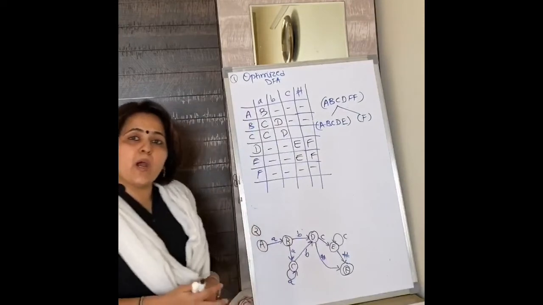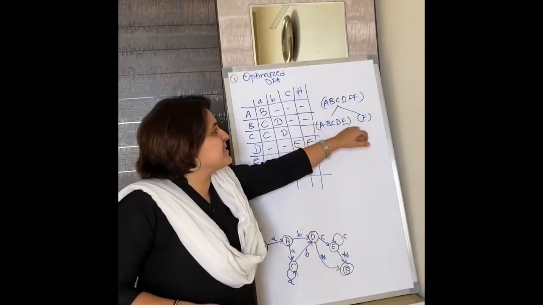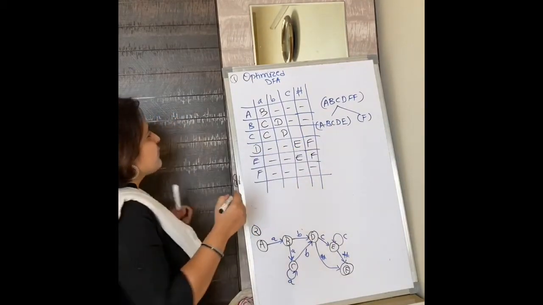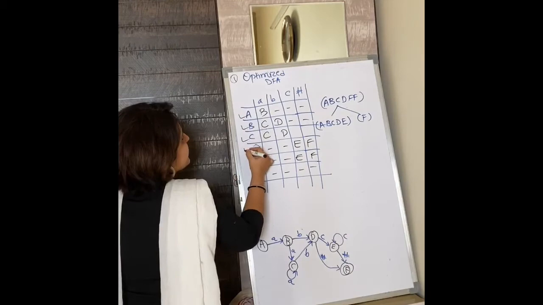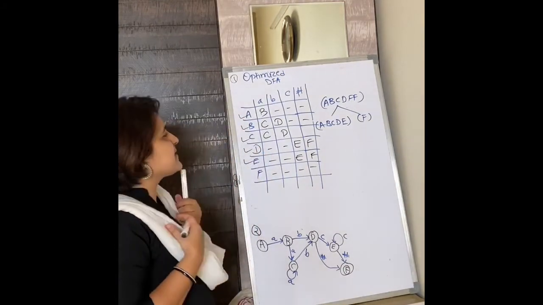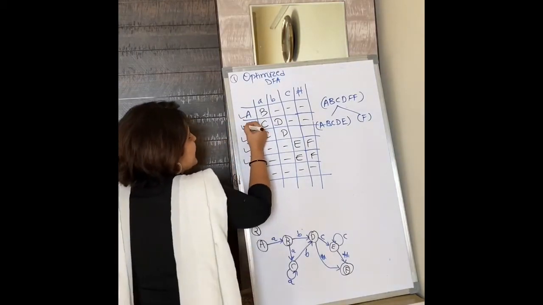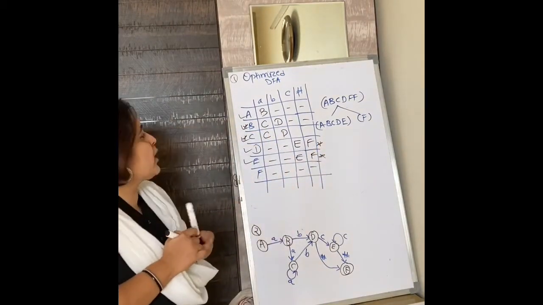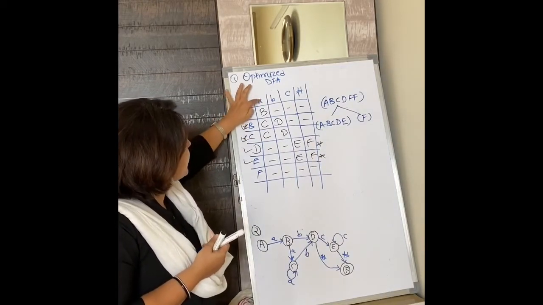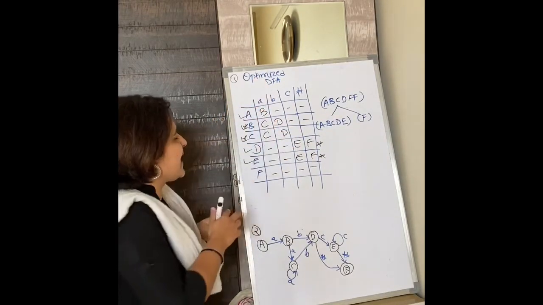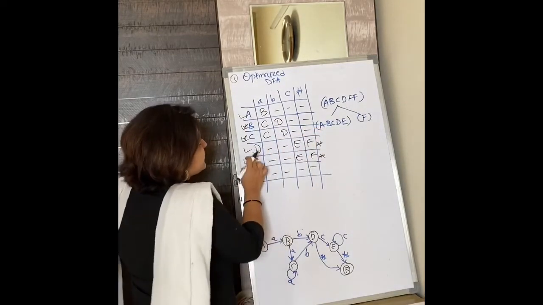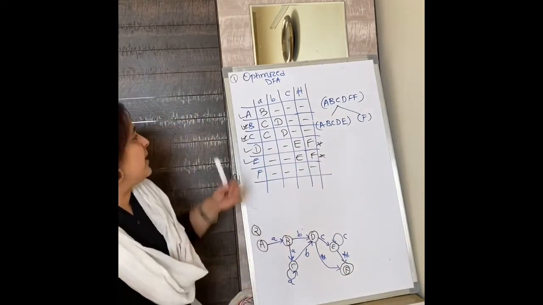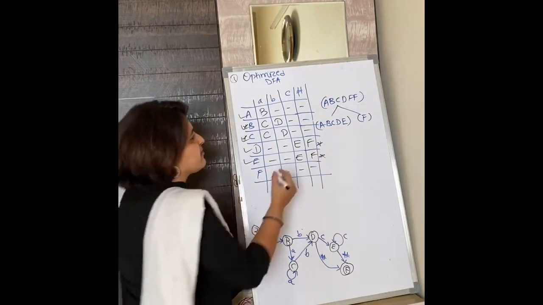So what are we going to do now? This is the same set, we have A, B, C, D, E. We have to check whether we have any similarity among them. So we are observing A, B, C, D, E. If you observe these sets, the similarity can be observed in B and C, they look similar, and D and E, they look similar. Why? Because from the same set, for the same input symbols, the same sets are resulted. So they look similar, while A is similar to no set. So A is different.